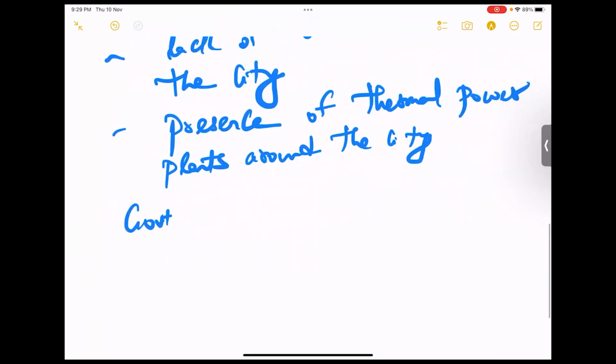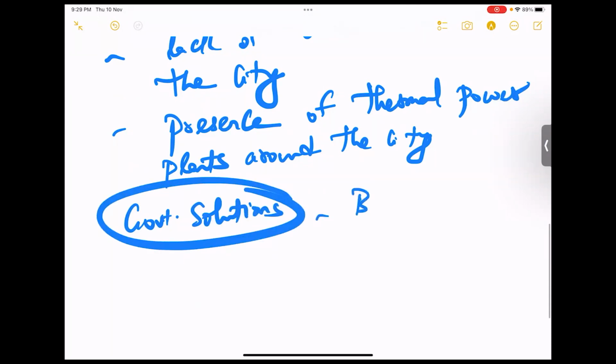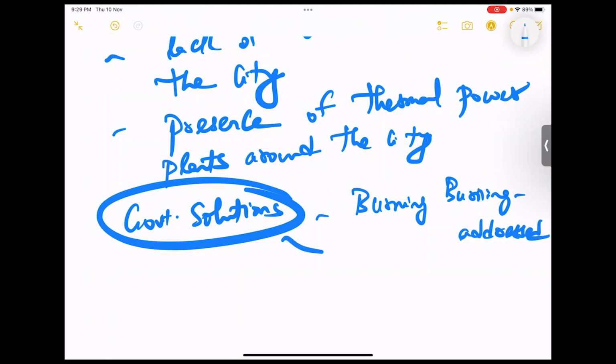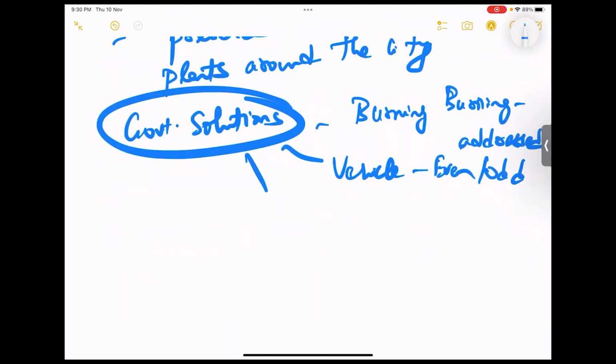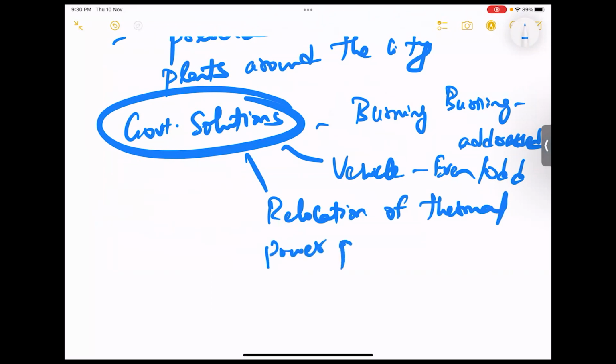So you can say, what are the solutions by government? So some of the solutions are stubble burning. Stubble burning is now the main focus for central and those state governments. Stubble burning issue is being addressed. Then vehicle even odd formula by Delhi government. Relocation of thermal power plants around Delhi,